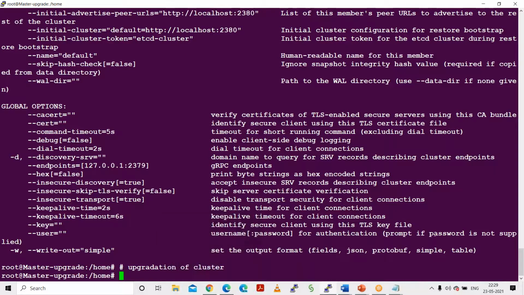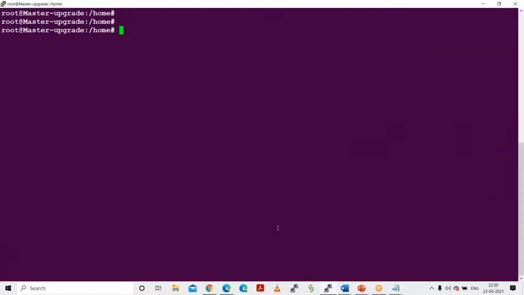Cluster upgradation. Yeah, just one thing. Can you sum up this backup and restore, like clicking on history, just the steps? Can you list the steps in command line? Yeah, okay. See, first of all, I will tell you. I will do that one also. First step I did is